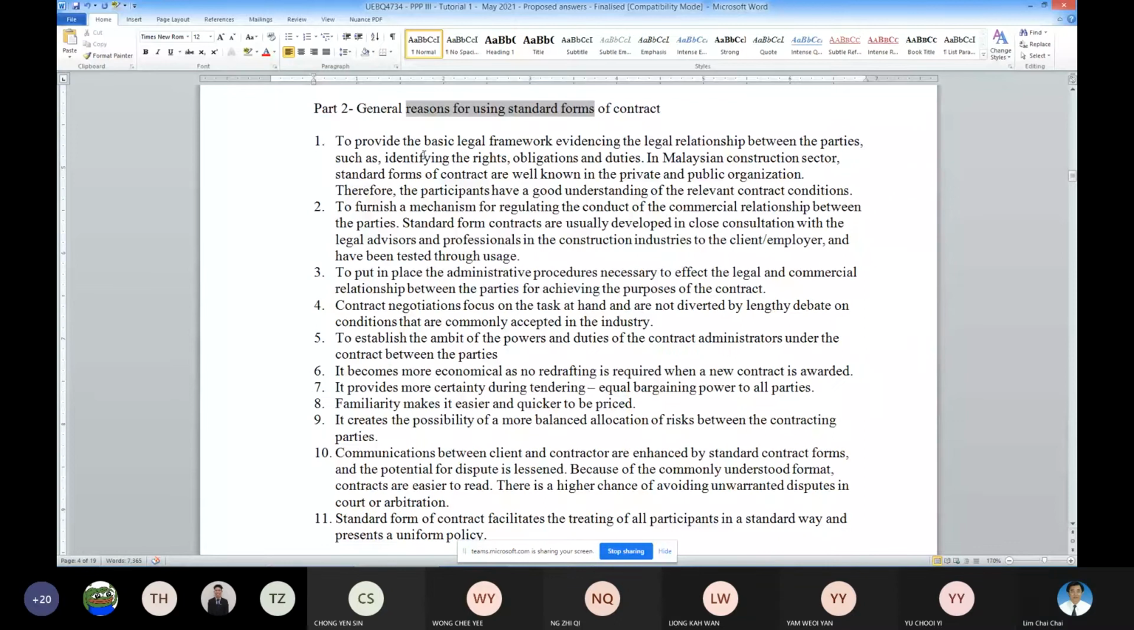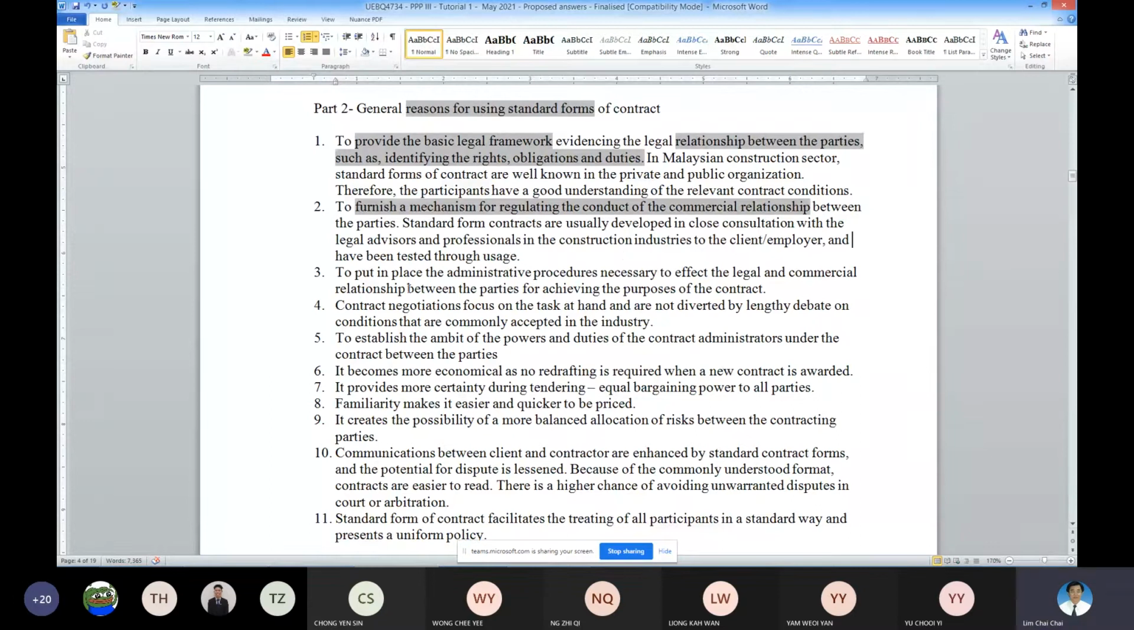So under this one, first of all, the reason for using standard form: it provides a good legal framework. Okay, so this legal framework will help you to get the relationship between the parties and also the duties and so on. Now, these are the key points that you need to look into. The second point: it provides a mechanism to conduct the commercial relationship. So those are the key points for you to put forward as good reasons for using standard form. The third one,